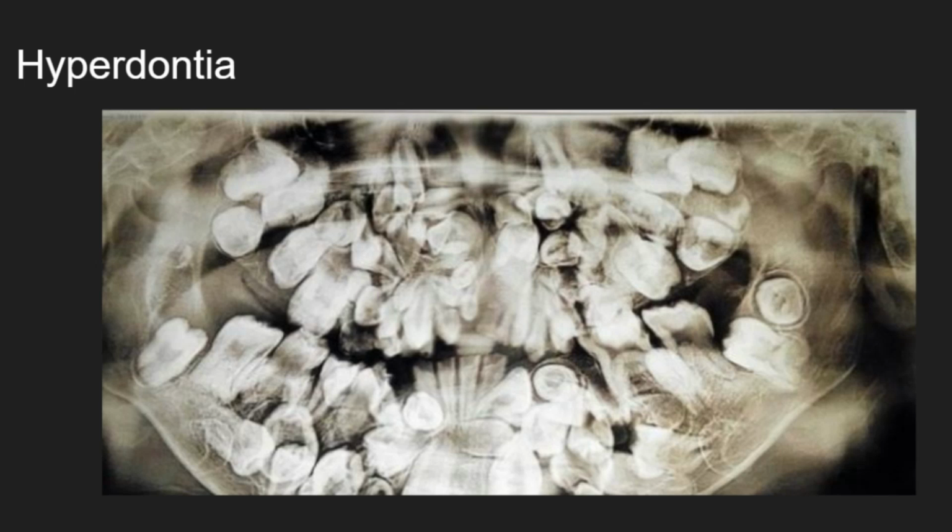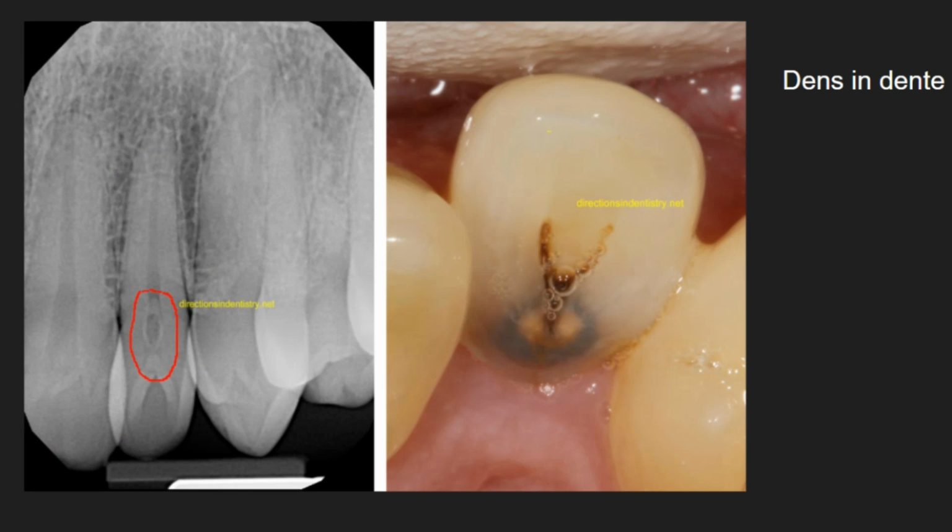This next one is called dens in dente, or when you kind of literally translate it, it means a tooth within a tooth. And what happens here is that the enamel folds into the dentin during the tooth development. And so with this picture,